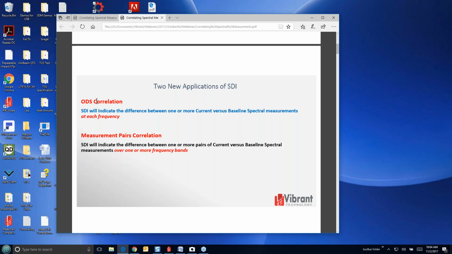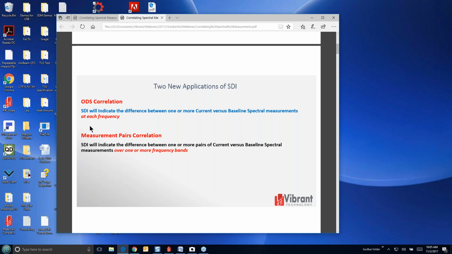What we have defined, and these are two new terms that we're using now, ODS correlation in this tech paper, and we'll see how we use that in MEscope. SDI indicates the difference between one or more current versus baseline spectral measurements at each frequency.